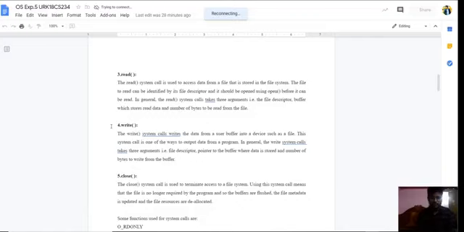In general, the write command also has three arguments: the file descriptor, a pointer to the buffer where data is stored, and the number of bytes to write from the buffer.